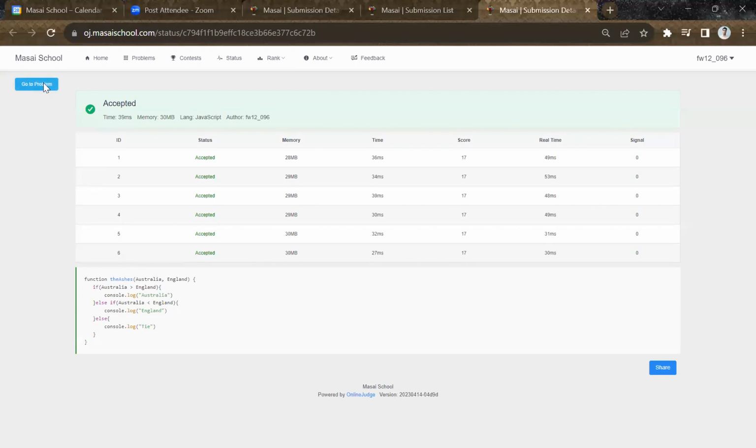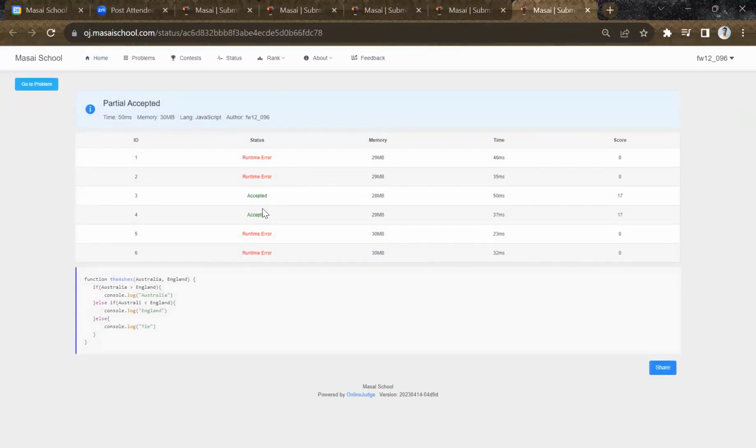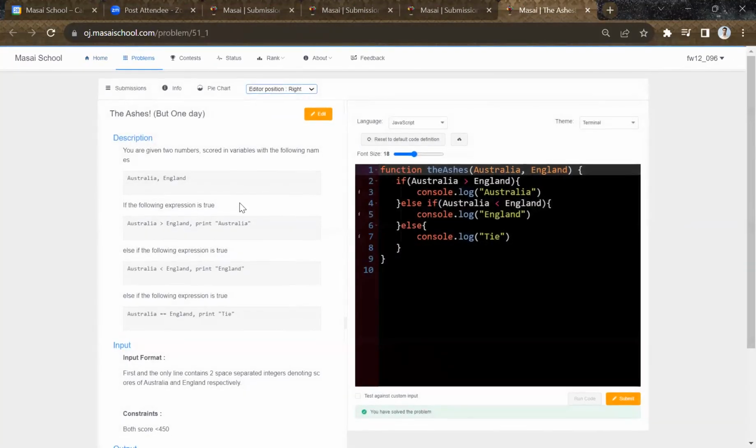बट मान लो किसी कोड में, लेट्स गो बैक टू द प्रॉब्लम एंड इन सबमिशन आई हैव अ पार्शियली एक्सेप्टेड। यहाँ पे देखो, आई हैव जस्ट 2 एक्सेप्टेड, तो इसने पार्शियली एक्सेप्टेड बोला। और अगर आपके कोड में सिंटैक्टिकल एरर है, तो यू आर गोना गेट अ रन टाइम एरर। अगर आपने सिंटैक्स ठीक लिख रखा है बट लॉजिक ही गलत है, तो इट्स गोना गिव यू रॉन्ग आंसर। तो 3 स्टेट होने वाले हैं, या तो एक्सेप्टेड, या पार्शियली एक्सेप्टेड, या रॉन्ग आंसर। कीप दैट इन माइंड, ठीक है।